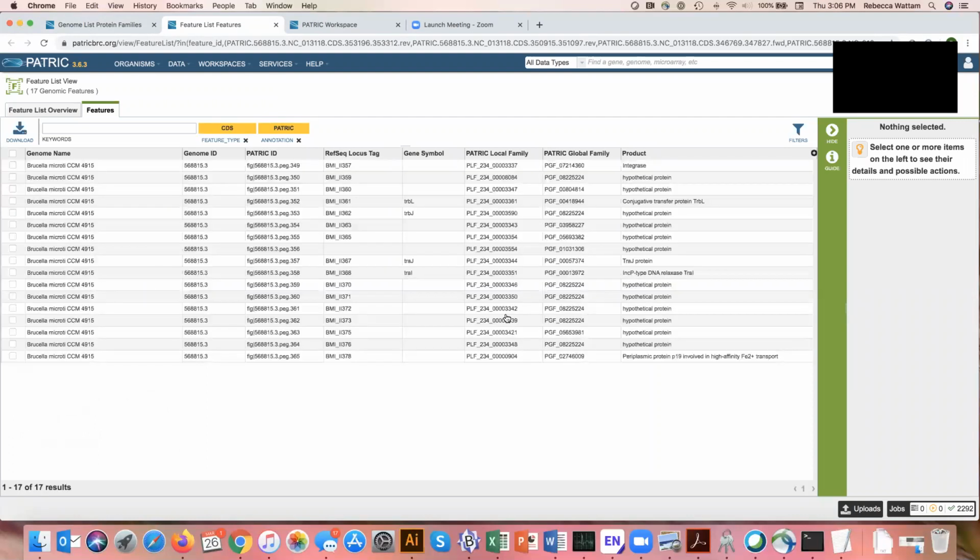And this gives me a list of the proteins that I captured from that heat map. Notice that I said we were walking down the genome of Brucella microti and the genes that were annotated here. This is the ID for this particular gene in Patrick that belongs to this local family and this global family. Notice the genome ID here. Remember at one point we talked about unique identifiers in Patrick for particular genomes. That identifier is